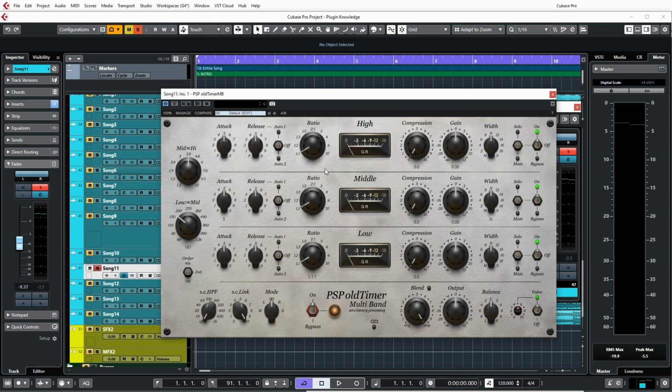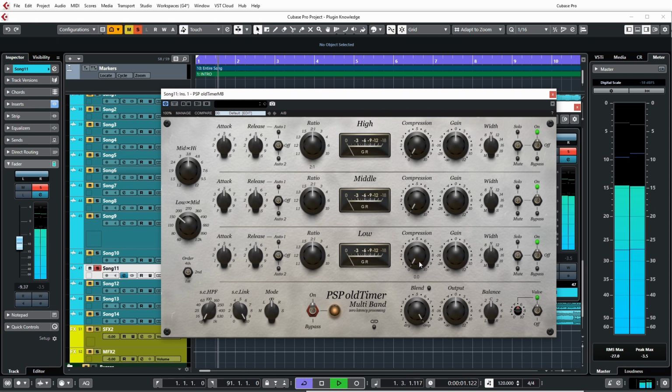Like I said, you normally wouldn't go to this length of doing absolutely no compression and just doing that gain, but you might do a combination of the two. So you might say, okay, I want to do a little bit of compression. I'm going to link and do a little bit of compression on each band at whatever levels, just at that. Now I'm going to unlink and I'm going to say,